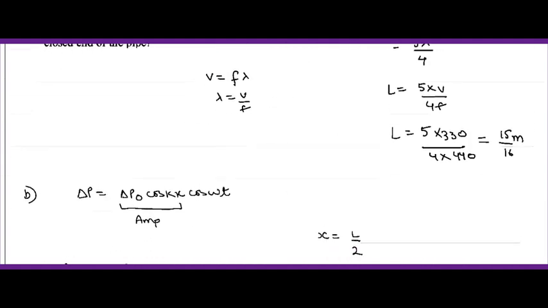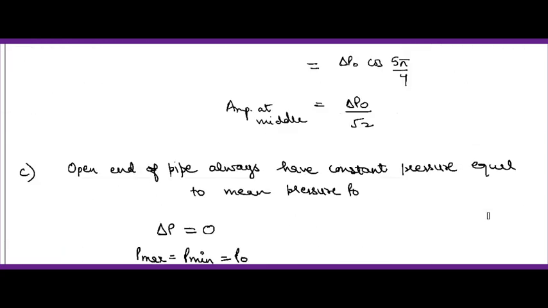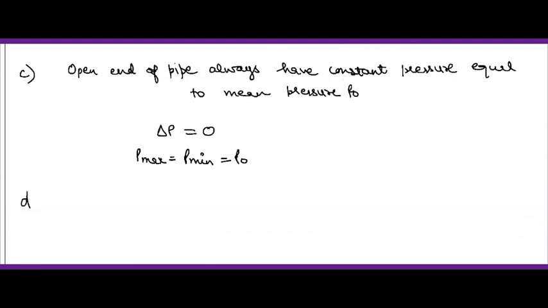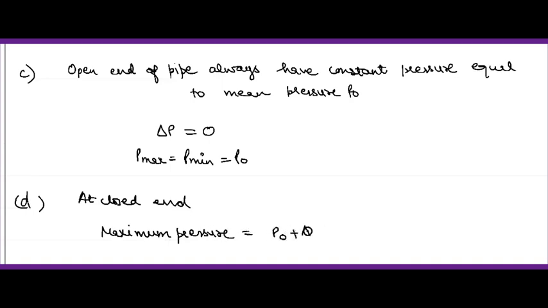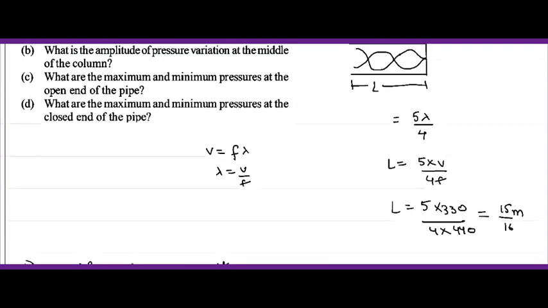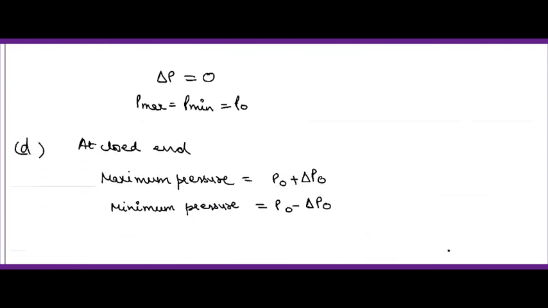डी पार्ट में क्या बोला है, व्हाट आर द मैक्सिमम एंड मिनिमम प्रेशर्स एट द क्लोज्ड एंड ऑफ द पाइप। क्लोज्ड एंड पे क्या मैक्सिमम और मिनिमम प्रेशर है। तो देखो, क्लोज्ड एंड पे हमारा मैक्सिमम प्रेशर होगा मेरा मीन प्रेशर p₀ प्लस एम्पलीट्यूड में वेरिएशन जितना Δp₀, मैक्सिमम एम्पलीट्यूड वेरिएशन जितना हो सकता है। और मिनिमम प्रेशर होगा मेरा p₀ में से मैक्सिमम चेंज इन प्रेशर वेरिएशन Δp₀ को माइनस कर दूंगी।